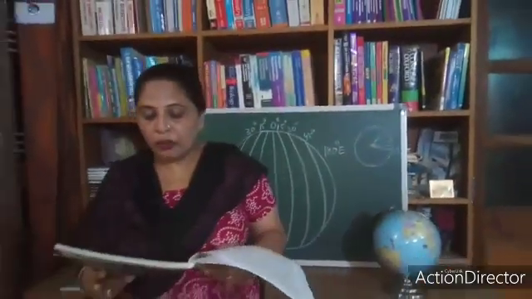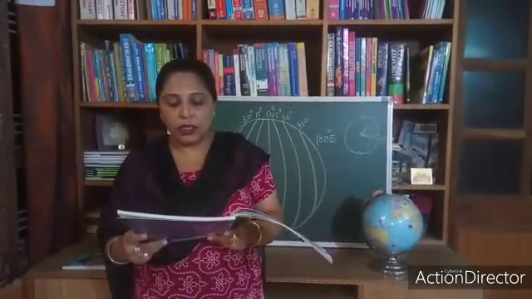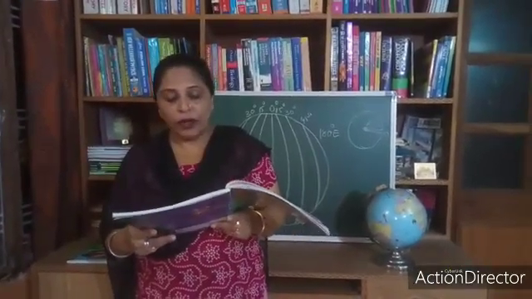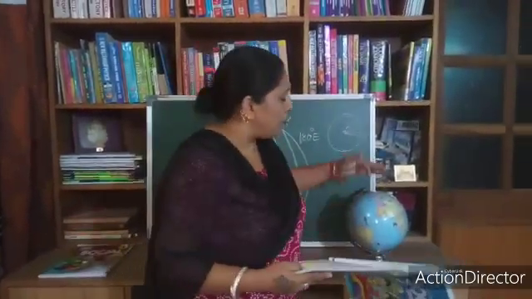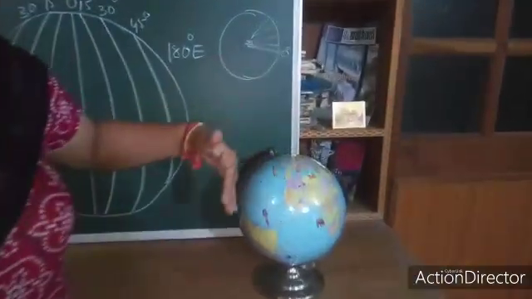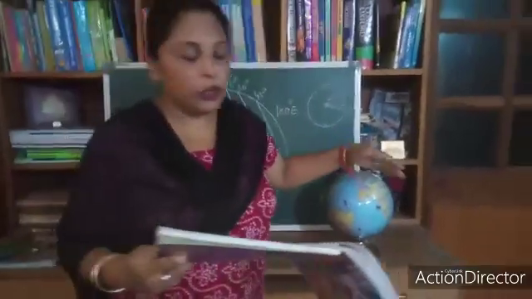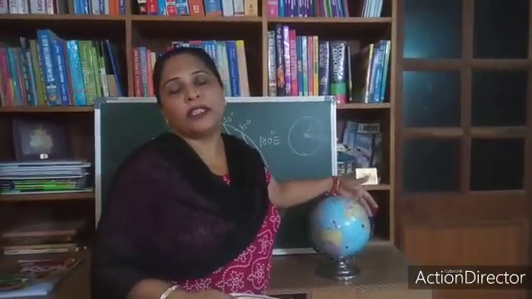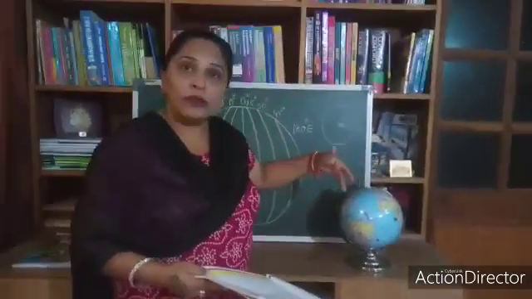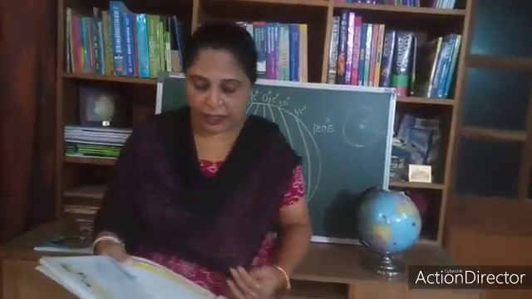It is the most important longitude and is marked 0 degree. It is the starting line of numbering the meridians. The longitude of a place is measured east or west of the prime meridian. The longitudes which are to the east are known as east meridians. Longitudes which are to the west are known as west meridians.